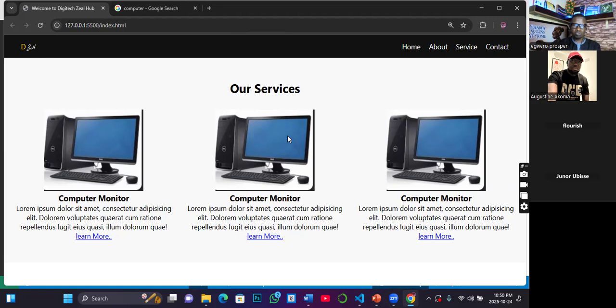All right. So for example, this is one row with three cards. If I want like 3 rows or 2 rows, in other words, I want to display 6 products instead of